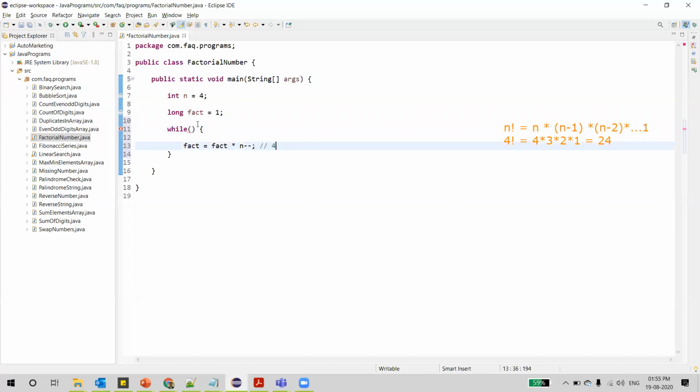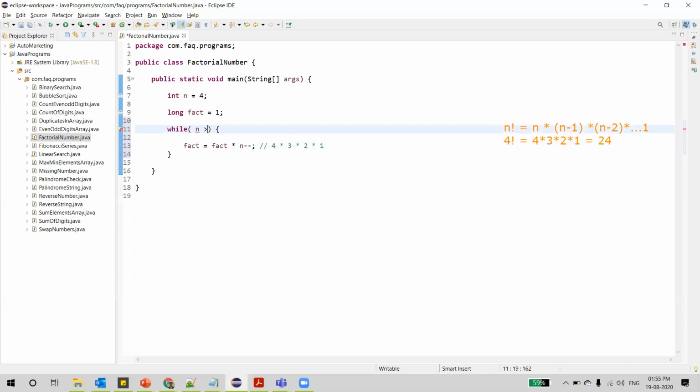Then it again comes back to the loop. Say this time also the condition is true. n is decremented by 1, so this time n is 3 and the fact value is 4, so 4 into 3. Then again it goes back to the loop, then 2, and finally it should stop at 1 into 1. So when the n value is 1, we'll stop the loop.